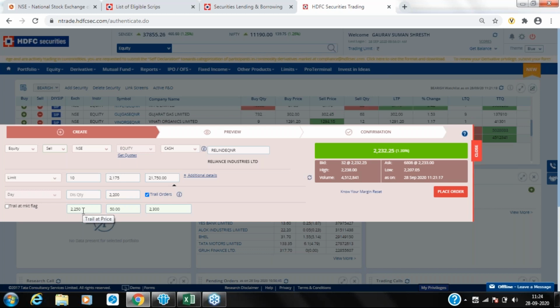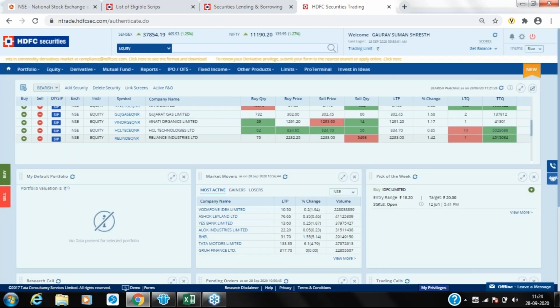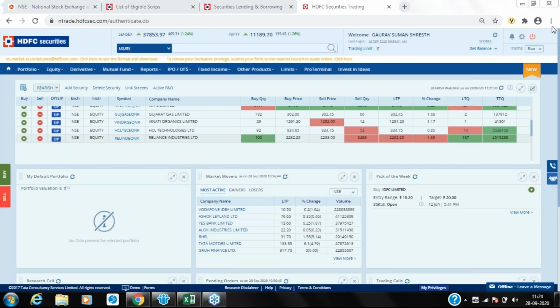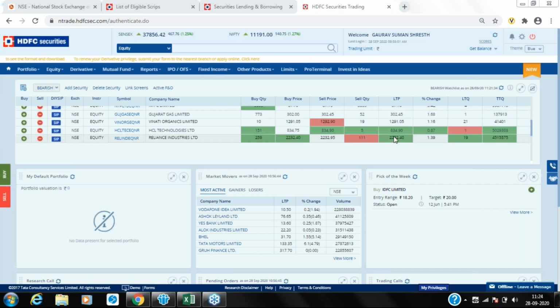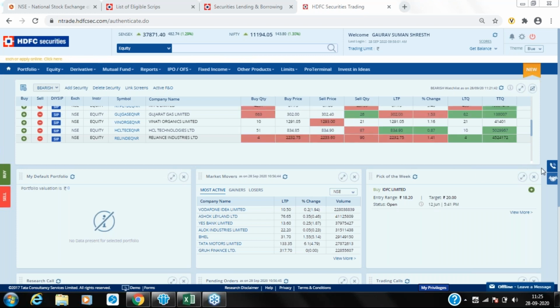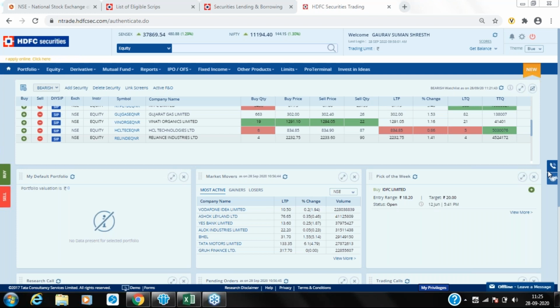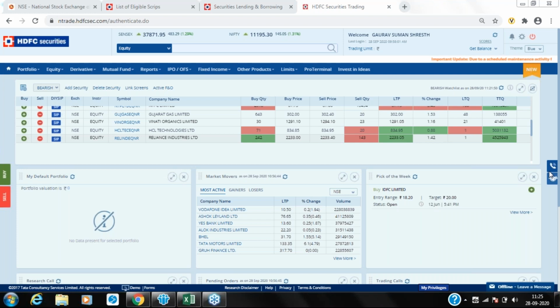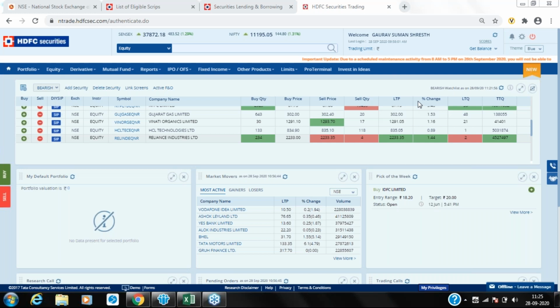Okay, so I hope the point is very clear regarding the trailing stop loss order, the bracket order facility, and the basket order. Now what we will do, we will take a question and answer. Since all the three orders are a bit complicated, we understand that. So we will take a question and answer, in that, if more clarity is required, we will give you that. And any other doubt you have regarding any of the three order features, you can ask that also. On the top of the screen, you can see the question symbol. Just click on the question symbol and write your name and write your question that you have for any of the three orders.